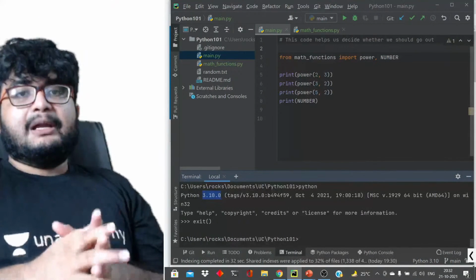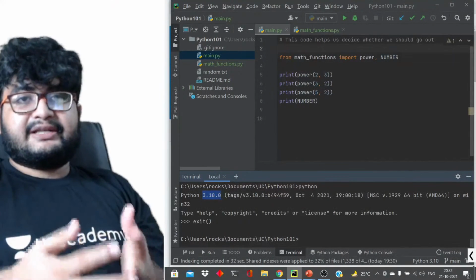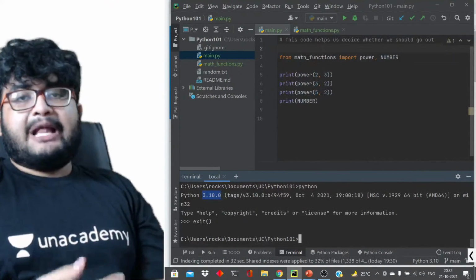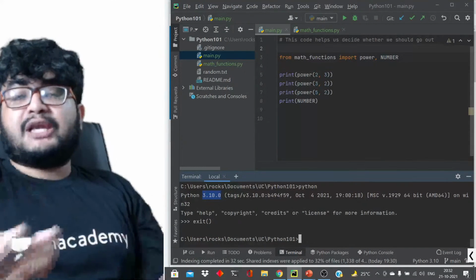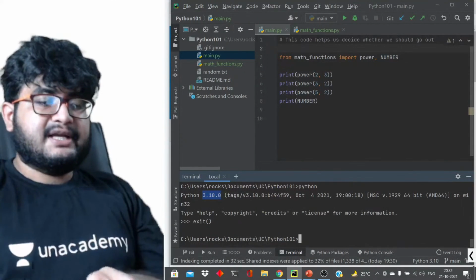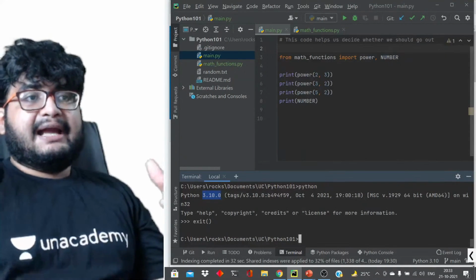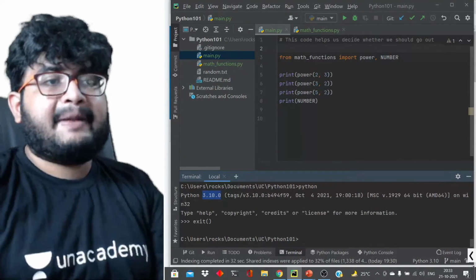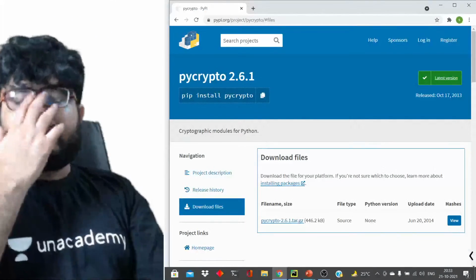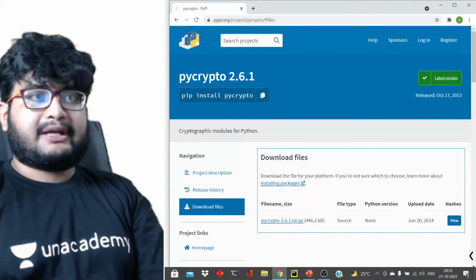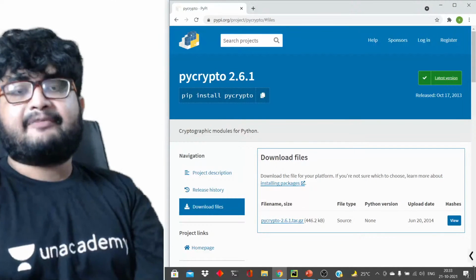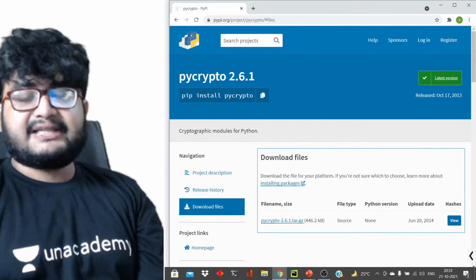What is pip? Pip is a Python installation. So pip helps you with installing Python packages. What are packages? Basically libraries. Like someone else has implemented those things, and you want to use that. Like for example, PyCrypto. This is a cryptographic algorithm. Like this is a cryptographic module. Like some cryptographic functions are available